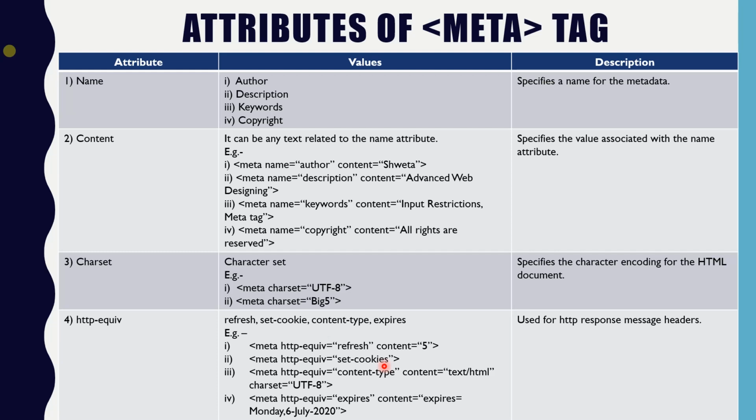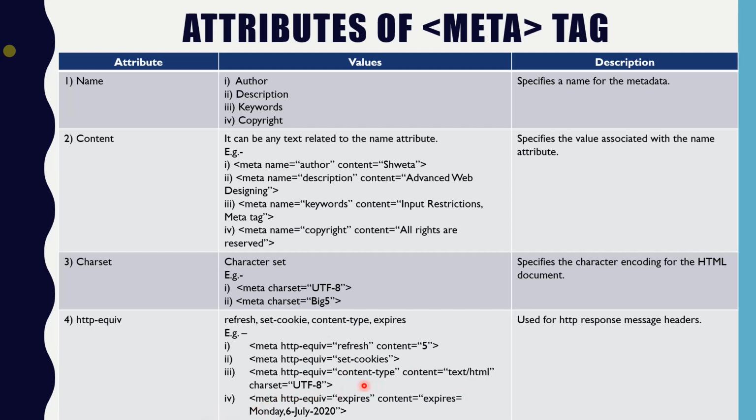Okay, now next one is http-equiv is equal to content-type. Now what is this content type actually? This allows us to specify the type of data and the character set. So what is the type of your data? It is text as well as HTML. And what is the character set? UTF-8. This character set, actually you cannot write it alone. You have to use it with http-equiv only. So content type means what? It is telling you what type of web document yours is, that it contains text as well as HTML and what type of character set you are using.